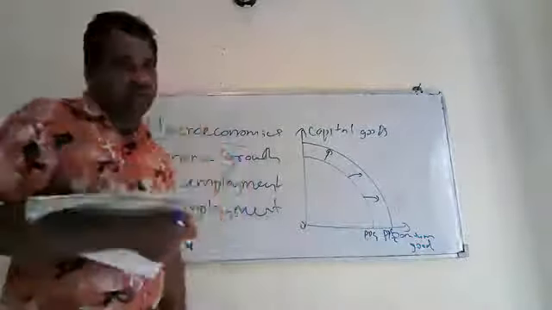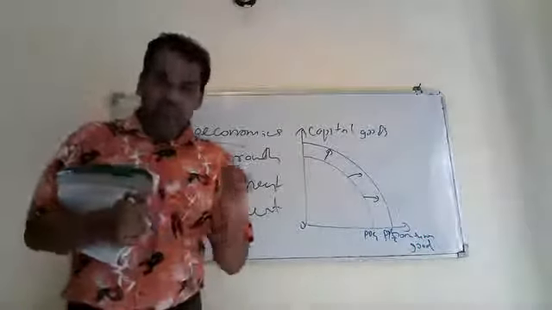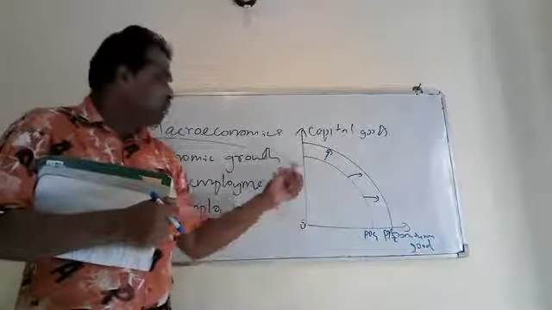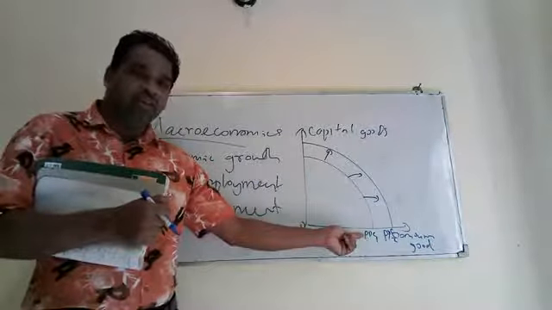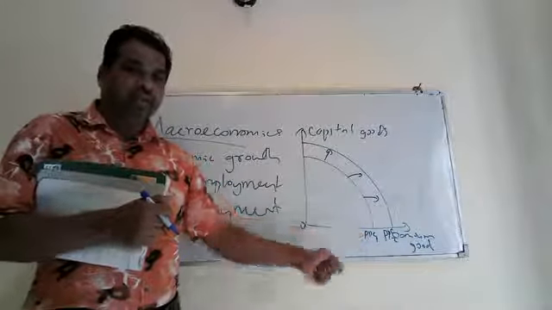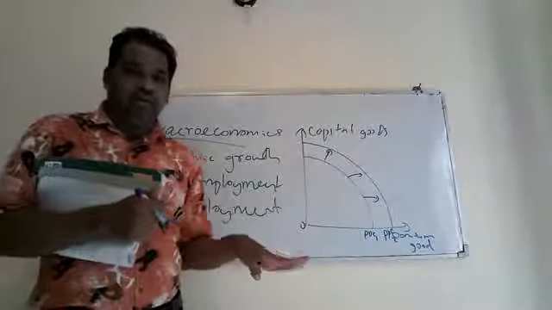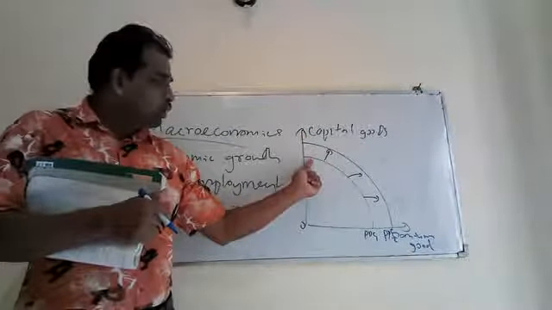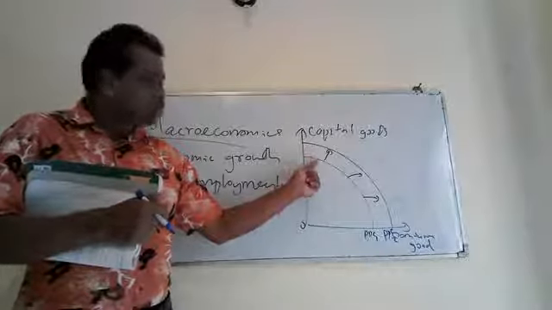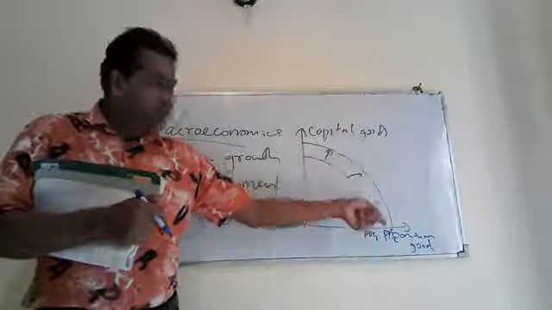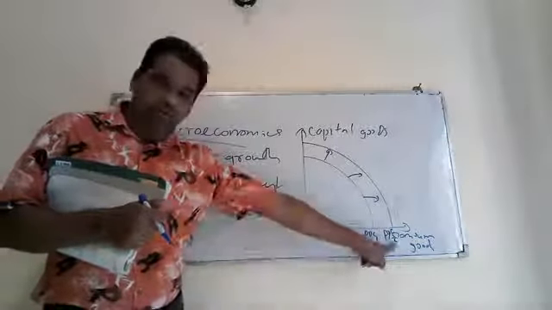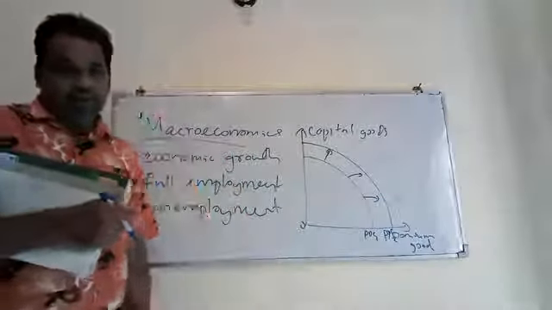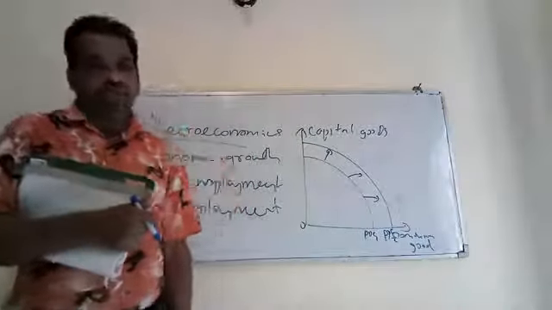I will repeat the answer again. If you are asked to explain economic growth by using a PPC diagram, first you have to indicate the original PPC, that is the maximum capacity. After you achieve your economic growth, there can be a shift of the original PPC. Then you can shift your existing PPC rightwards, like this. I have indicated PPC 2, then you can indicate by using arrows. Economic growth means increase in production of the economy. Right.